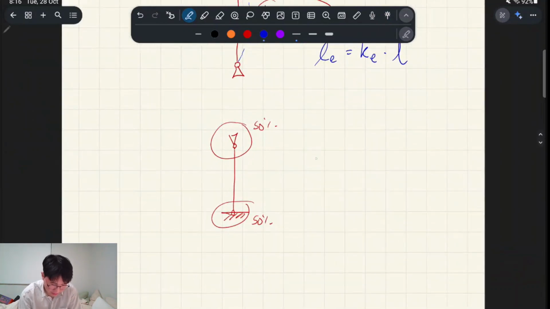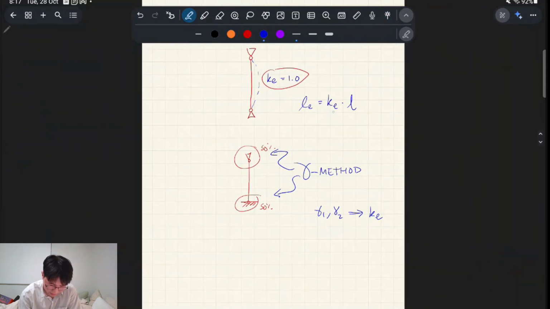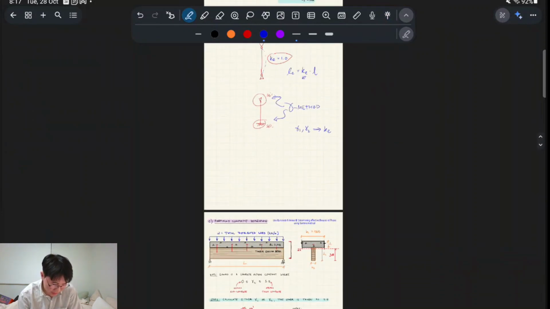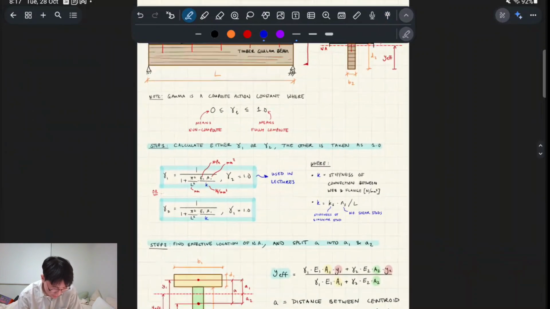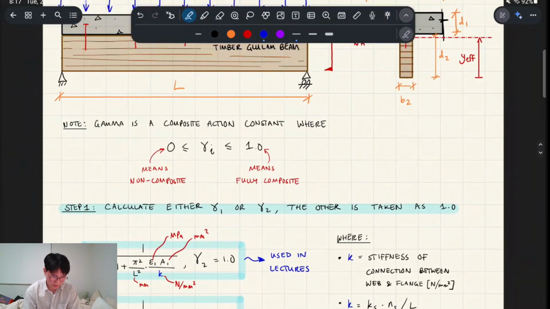it. And so that's where you launch into the gamma method, which is basically finding the gamma at the top and then the bottom, and then using a graph to find KE, right? So to find exactly how pinned or rigid that connection is, basically, right? So that's the Australian gamma method, right? And gamma is just an arbitrarily chosen Greek letter, right? So when we're talking about gamma method in this course, it's something completely different. It has nothing to do with that gamma, right? So